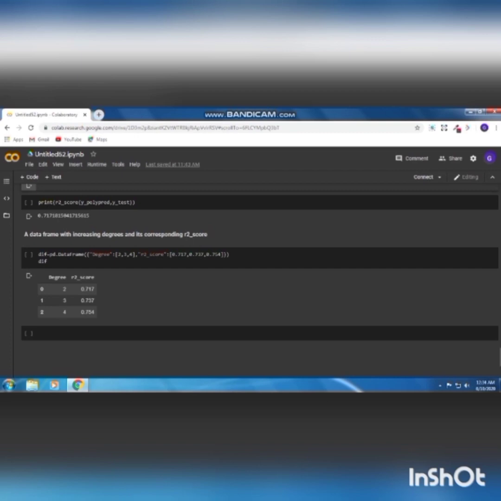So to avoid this, we take a polynomial equation of degree 3 or degree 2. So we might suggest a degree 2 or degree 3 equation for polynomial regression.